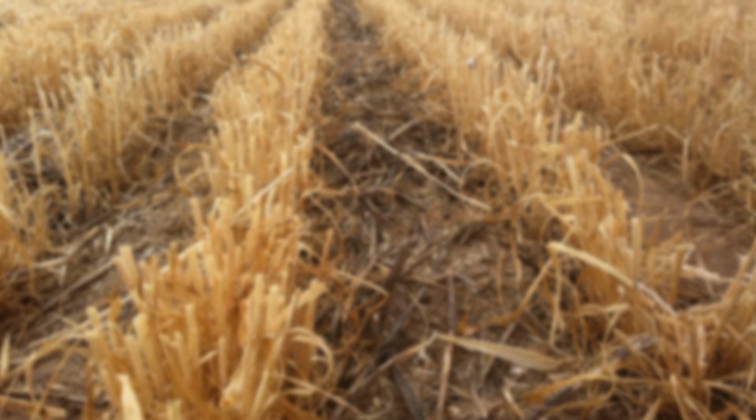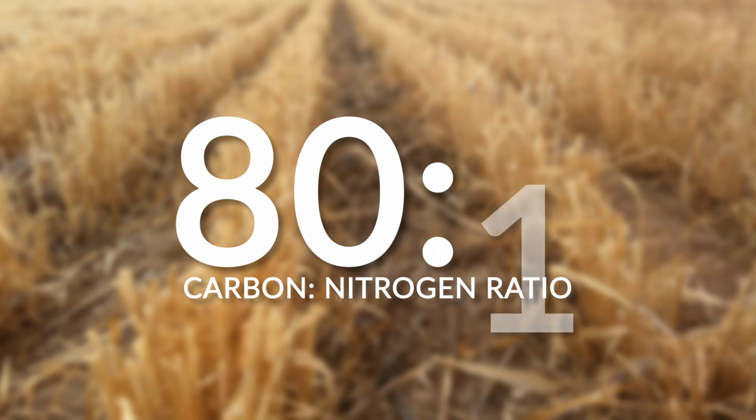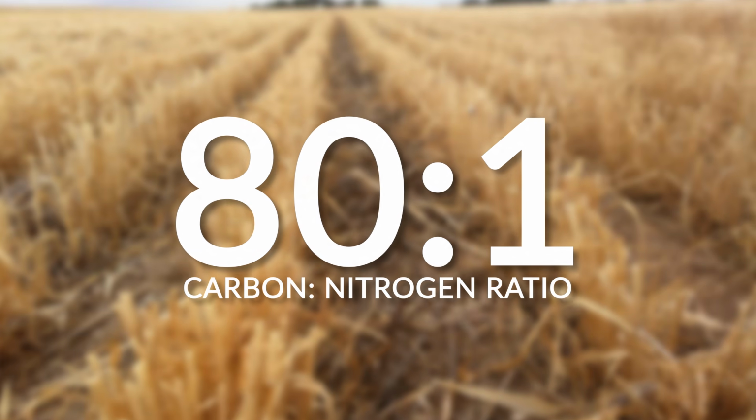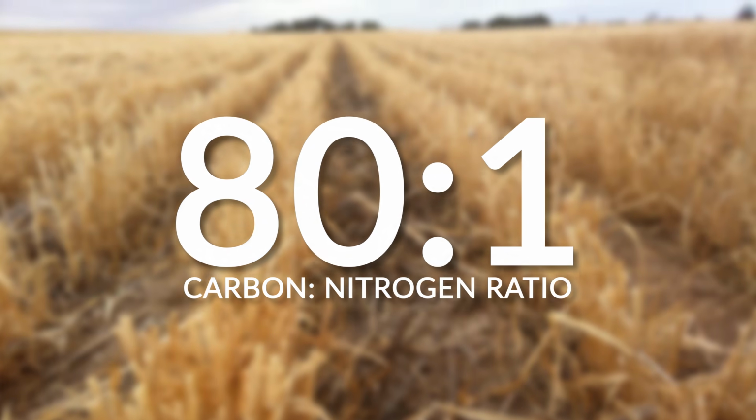Wheat straw has a high carbon nitrogen ratio of 80:1. So in order to break that residue down, you have to have nitrogen to do that. And so those organisms start pulling nitrogen from your soil profile to break that residue down, and that's called immobilization. Now, eventually, this nitrogen does get back into your crop, but unfortunately, a lot of times, this happens after the